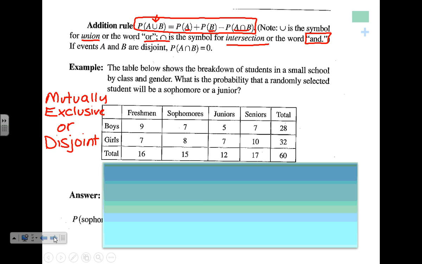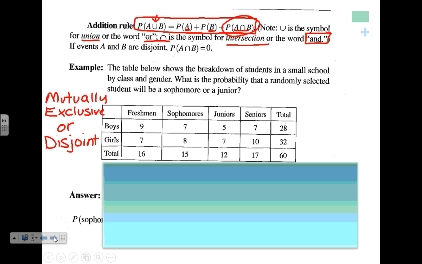So think about that formula for a little bit before you move on. It makes sense: if you want the probability of A or B happening, you would add the two probabilities together, but you'd have to subtract out the things that occur in both of them simultaneously, because you don't want to count that twice. That's that intersection you're subtracting out. Sometimes that's easier to see on a Venn diagram. We'll do that in a minute.